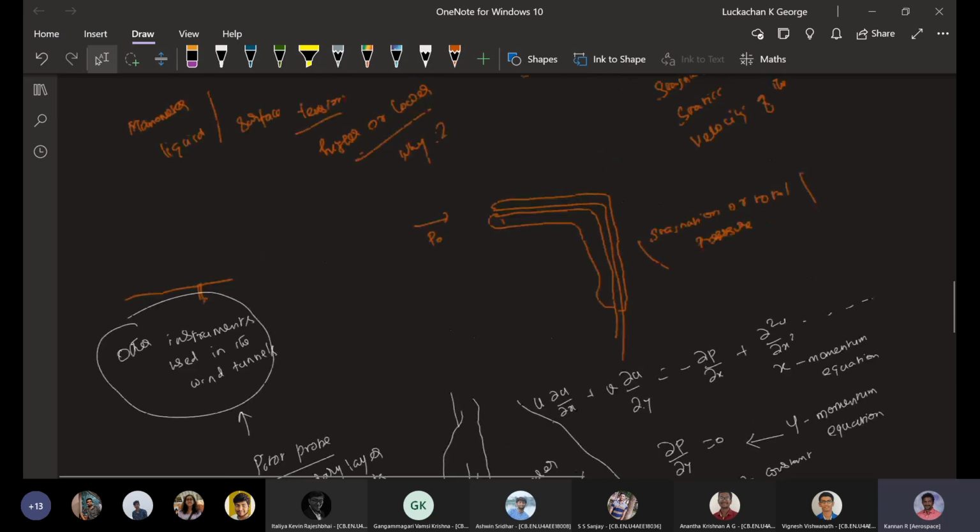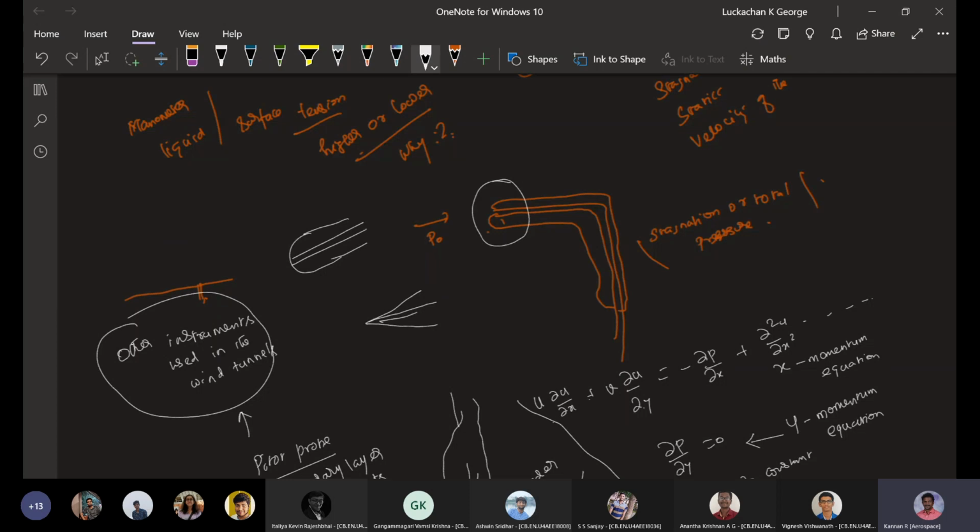And also here we have seen the head and all. Sometimes we used to have a truncated cone kind of thing, or blunt bodies. So Prandtl probe, like that, different things are there. Where are you going to use a conical one? Where are you going to use a blunt body? Where are you going to use an ogival shape? What is the effect of that, and the influence of that on the measurement? We will look at that in one of the classes.